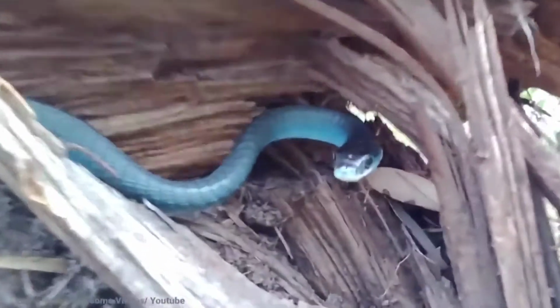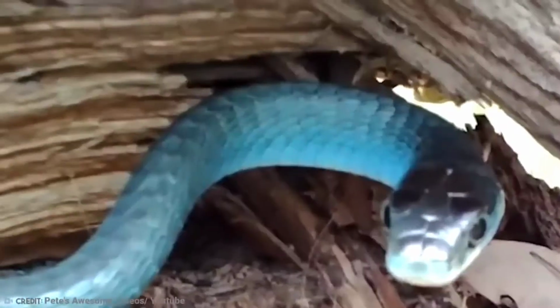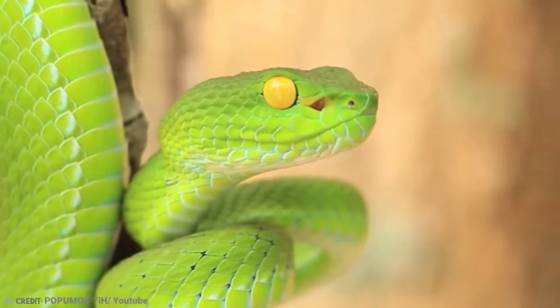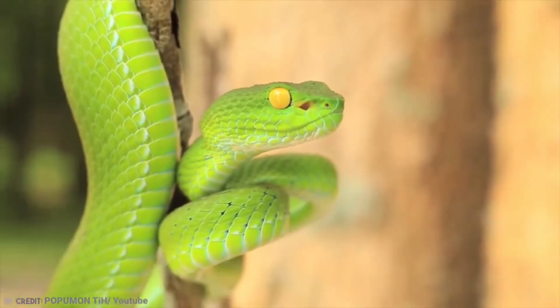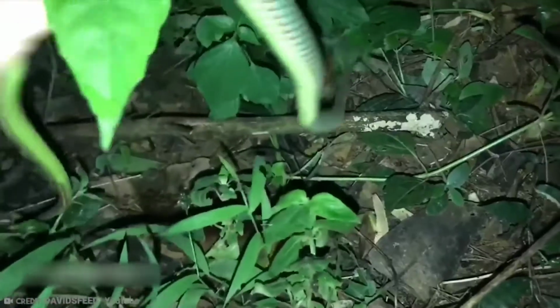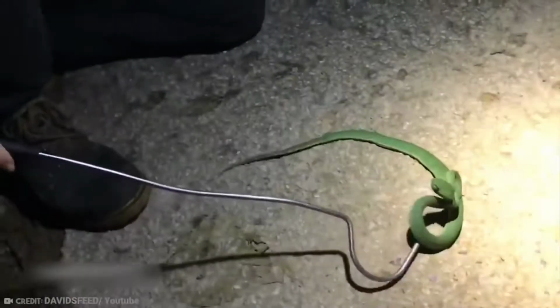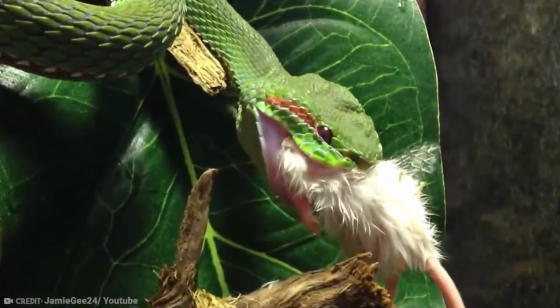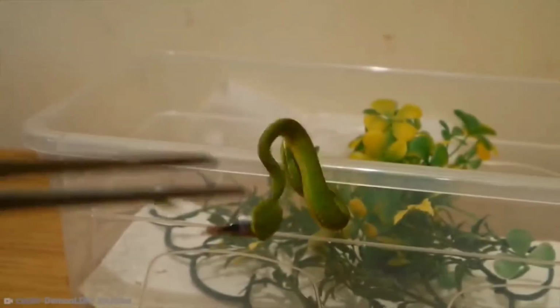Blue versions of this snake look beautiful from a suitable distance. The green is almost a lime green color with keeled scale patterns with a slight white underbelly. They can grow as long as 11 feet. They are a very quick snake as well and will attack at great pace, biting down on prey before injecting their venom. Their food options vary, but they tend to stick to almost anything they can tackle within a certain